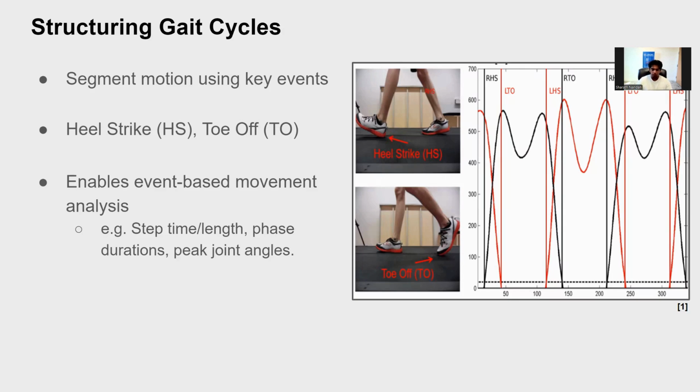A full gait cycle is defined as a period of time between two of the same events on the same foot, like left heel strike to left heel strike or right toe off to right toe off. This full gait cycle can be even further broken down into the stance and swing phases. So by breaking down movement into these cycles, we can better analyze and compare biomechanics across time and between individuals and create varying gait measures.